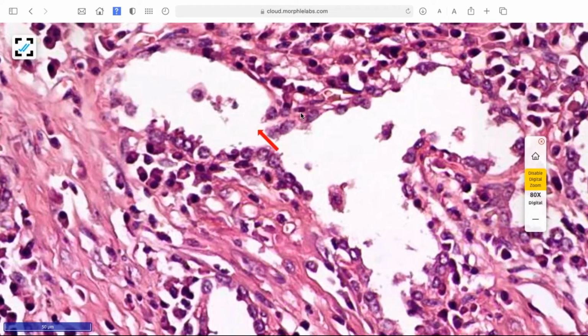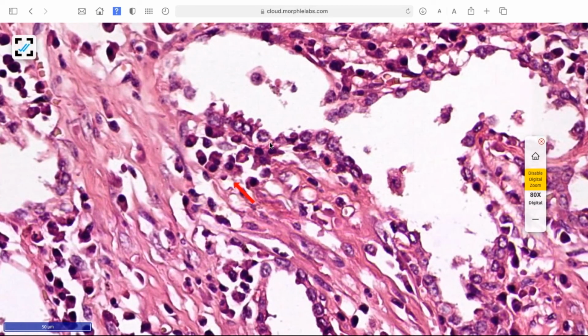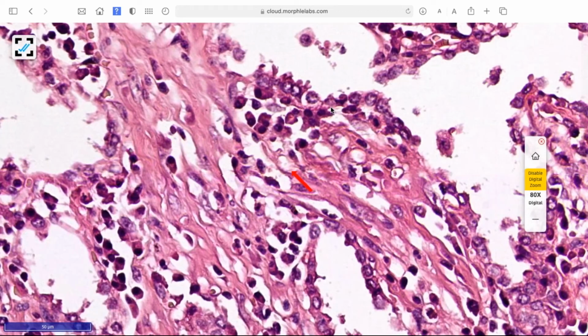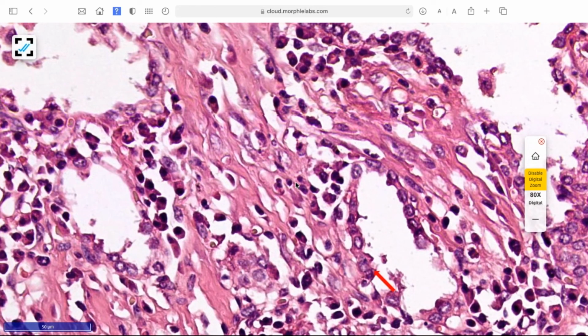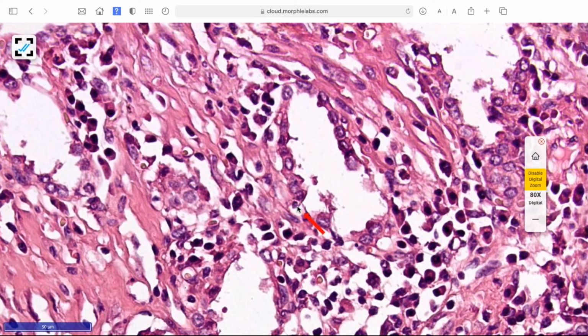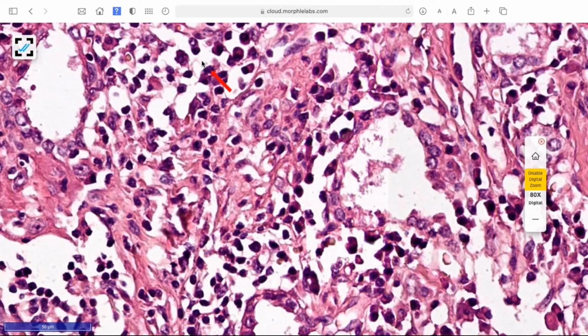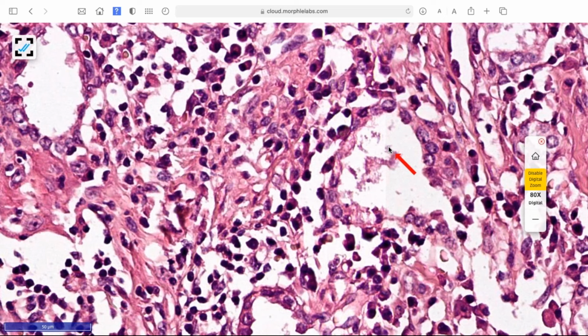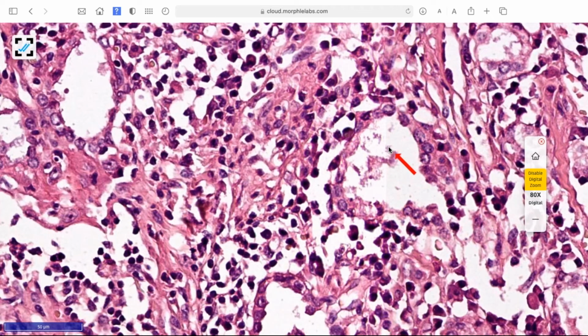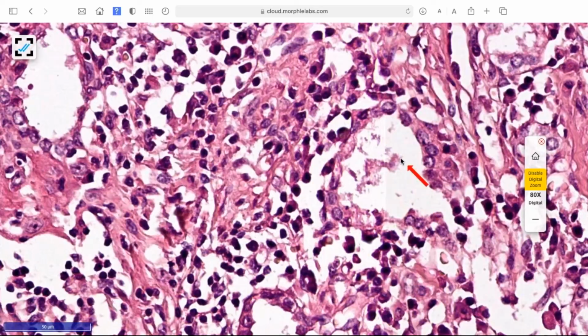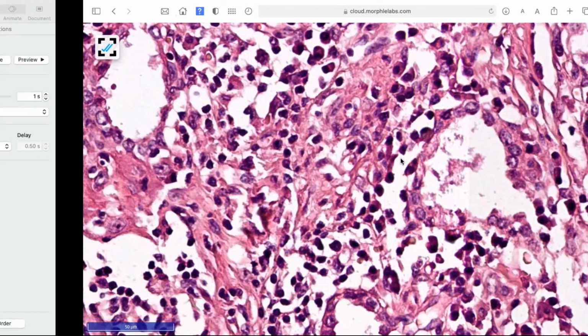I love this. See the plasma cells, how crystal clear they are seen. Okay, so these are the epithelial cells. So this is more like a biphasic population, epithelial cells and stromal cells, with a dense lymphoplasmacytic or predominantly plasmacytic infiltrate. I hope you can see the glandular epithelium. See, most of the glandular epithelium are round, they are not angulated. That's very, very important. Just to keep it in mind.